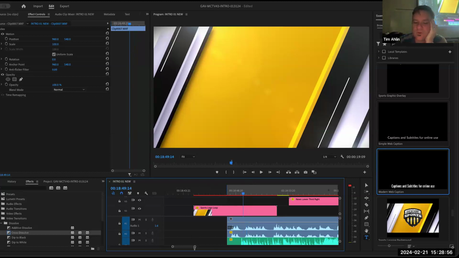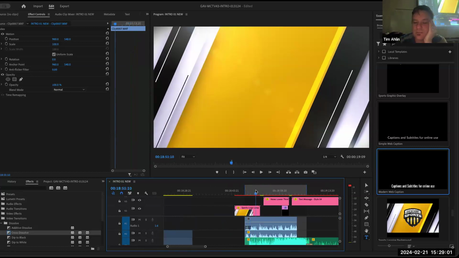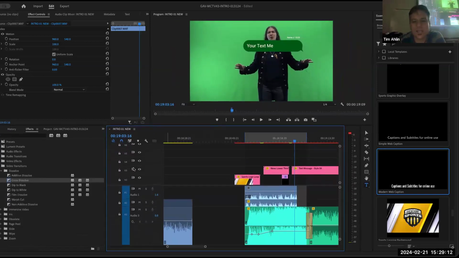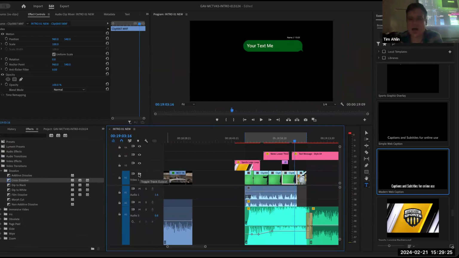The big thing I want to go over now, I went over it slightly in a different lecture, but I want to make sure everyone knows how to properly export your project. Key thing to know is you want to make sure that all your layers are on. If they're muted or disabled, toggled off, whatever I export is not going to have them.